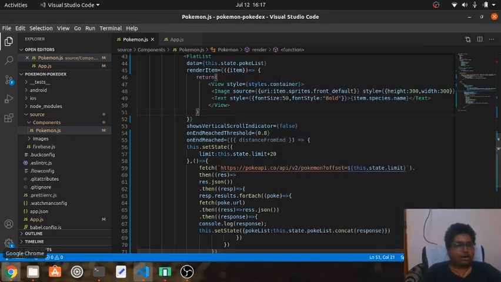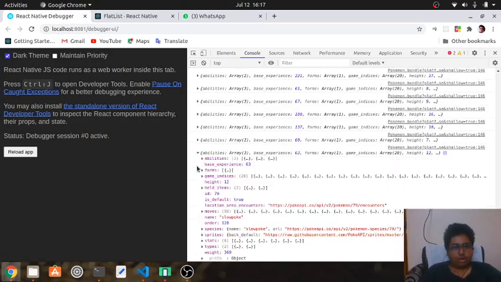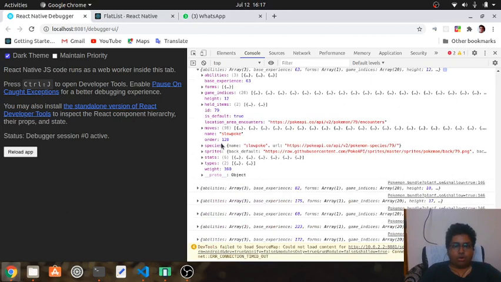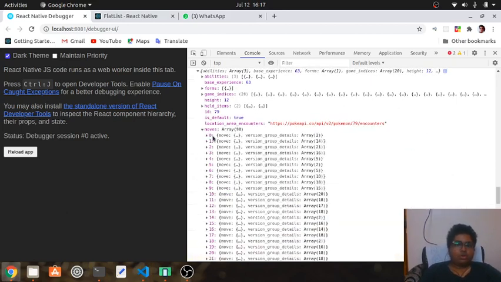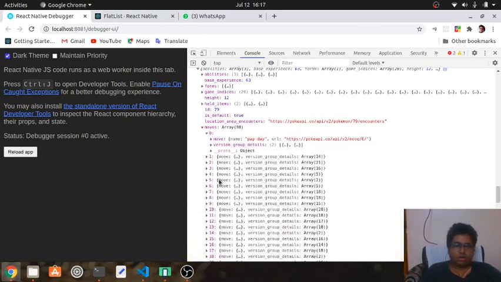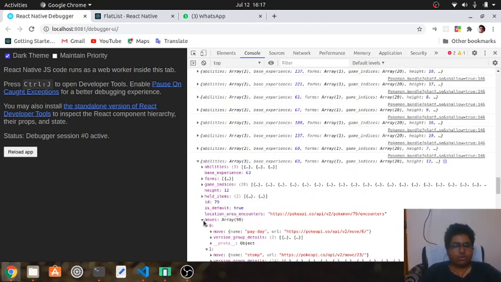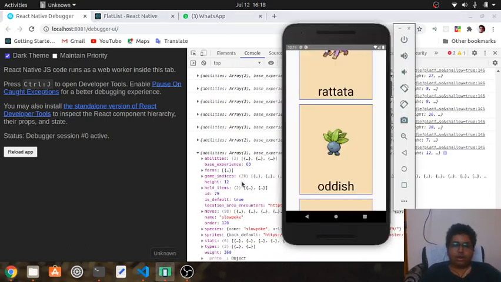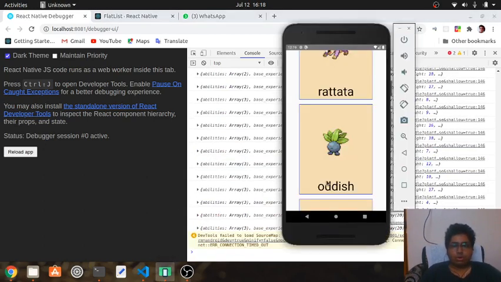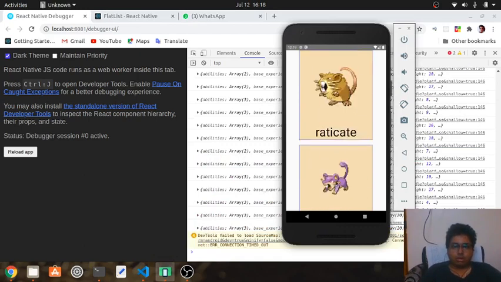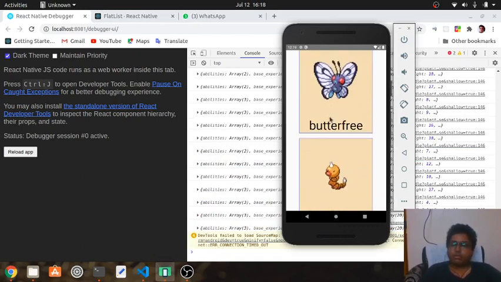You can also add data for the Pokemons that I haven't added yet, like the moves of the Pokemon and all that kind of things, right? So you can add it, and on click you can add it here. So that's how you're going to implement simple infinite scrolling in React Native.